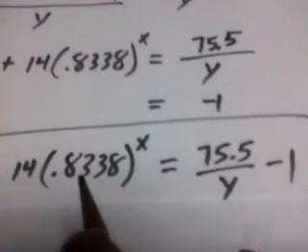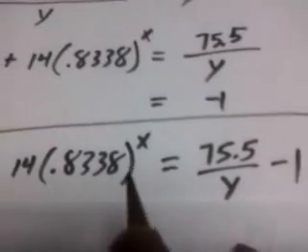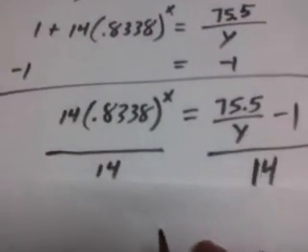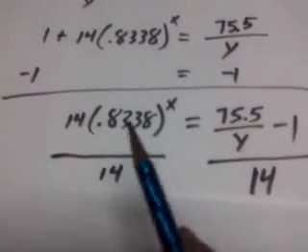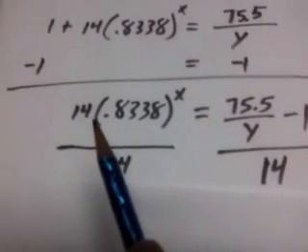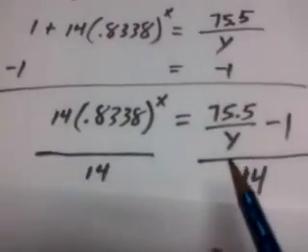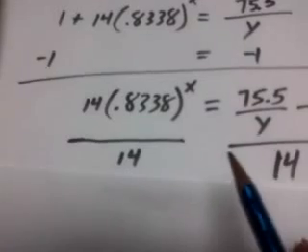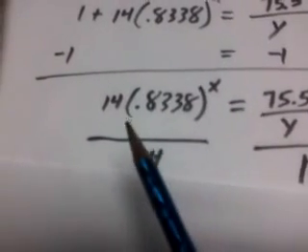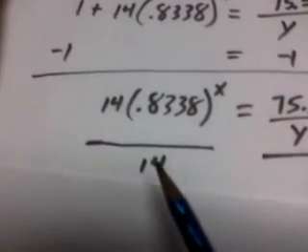I would divide both sides by 14. That's what I would do to get rid of that 14, because this is multiplied by 14. So to get rid of it, I divide by 14. So this is what I get when I divide both sides by 14. On the left side of the equation, the 14's cancel. So I end up with